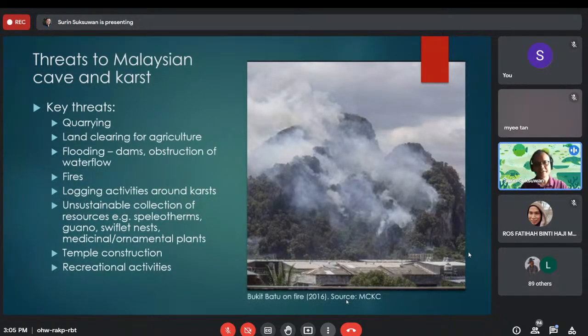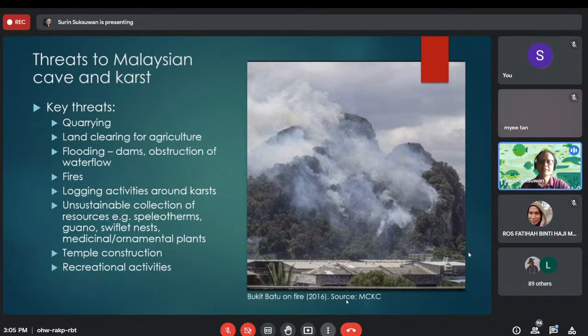Okay, what are the other threats? The key threats to cave and karst, and I may mention some of them. Quarrying, that's the big one, because when you quarry, you lose the whole hill. Land clearing, so some people do try to plant stuff on limestone hills. They may clear the limestone hill, or they might clear it to do other things, right? Flooding, sometimes in some areas. In Kenyir Lake, for example, there are quite a number of limestone hills that are either partially or fully submerged under the lake,